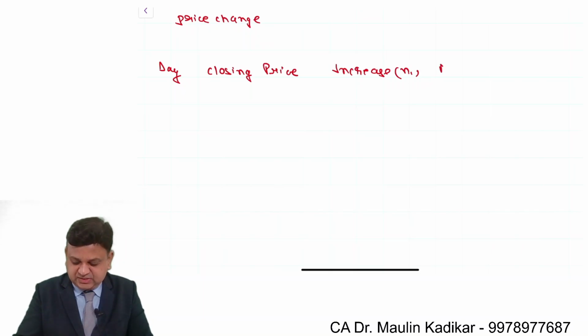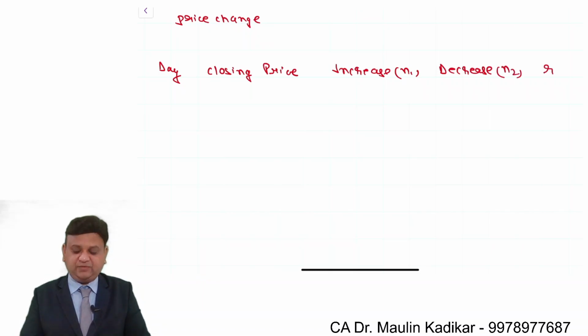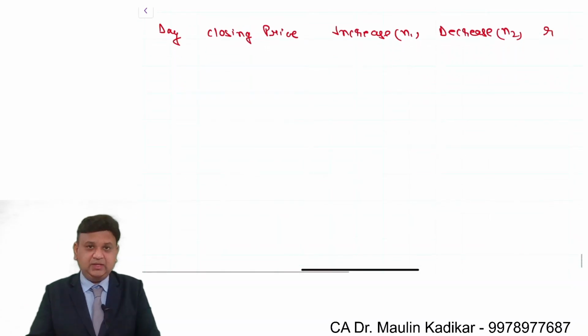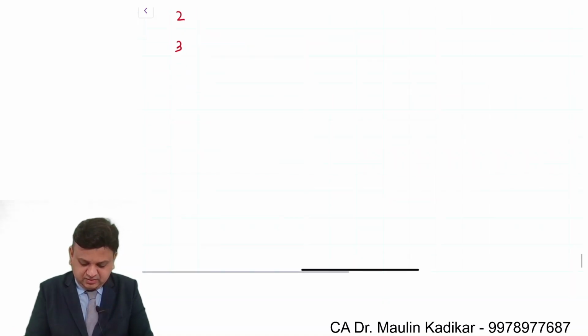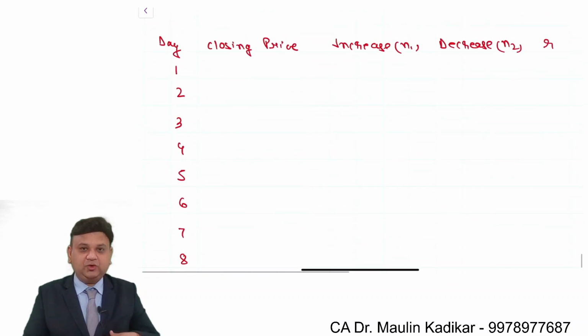The next column is decrease, N2, and the last column is uninterrupted sequence of the price change, R. Let us understand how to do it. So it is day 1, day 2, day 3, day 4, day 5, 6, 7, 8, 9, 10 and 11. The closing prices are